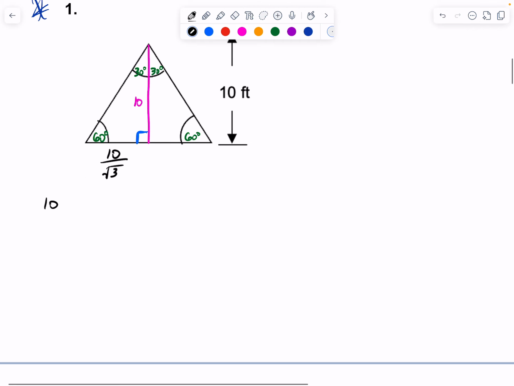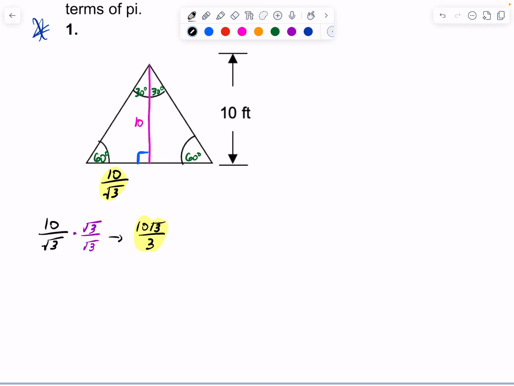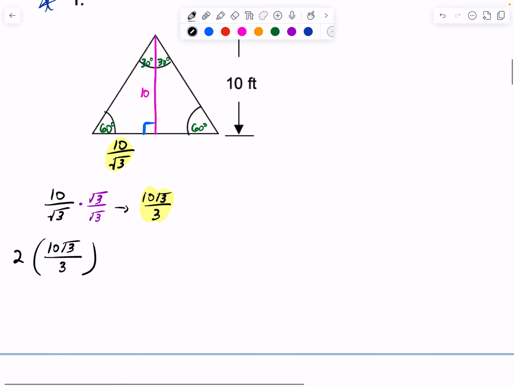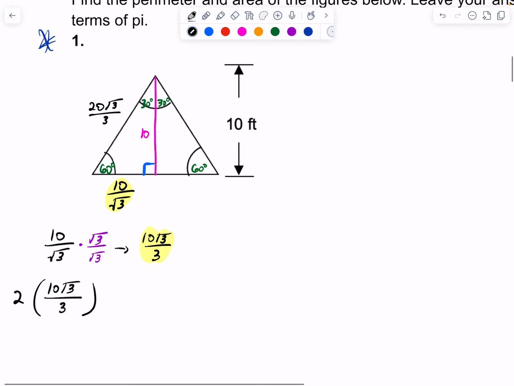Now I am going to simplify that, like we did in our unit on this, and multiply by the square root of 3 over the square root of 3, which gives us 10 root 3 over 3. Okay, so those are the same thing. One is simplified, one is not. So I'll be writing this one that doesn't have a radical at the bottom. And then to get from the smaller leg to the hypotenuse, I'm going to double that. So 10 root 3 over 3, I'm going to multiply by 2. So times 2 will give me 20 root 3 over 3